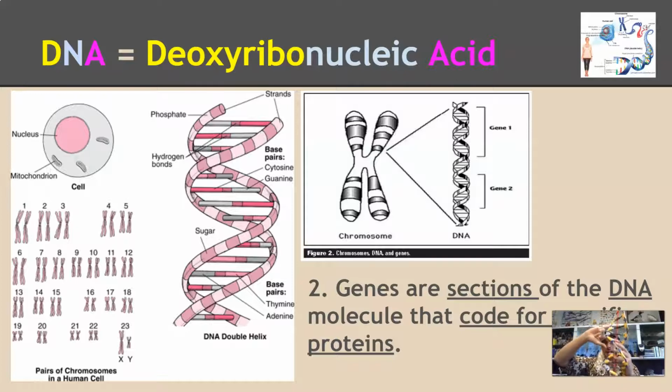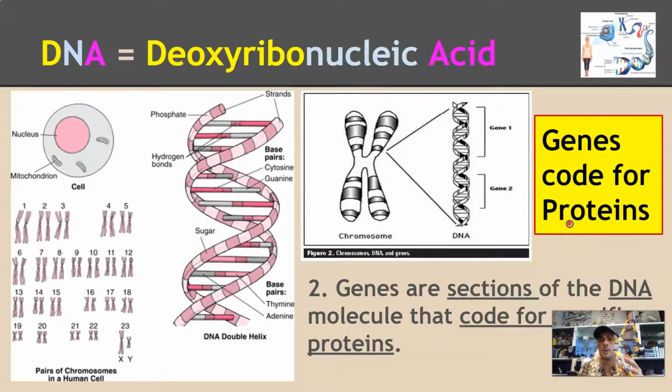So as you move up and down the DNA molecule, there are different codes on here. This one right here might be the code for one protein, such as hair. And then you move down the molecule, there may be another section here that is the code for a different protein, such as hemoglobin, which is what is in your red blood cells. And then you can move down and there'd be a different protein here, right? Maybe adrenaline. And all of these are called genes, different sections of DNA that code for specific different proteins. And you contain thousands of different genes in your 23 pairs of DNA strands, chromosomes. We're going to talk about that next.